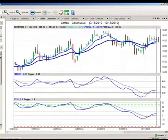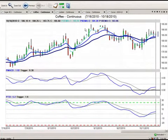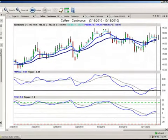Now our second position for tonight is going to be in the coffee contracts. Now under these softs, I like the coffee. There's a couple I like in these softs right now. I like coffee and I like cocoa. I like them both, but I'm leaning towards the coffee contracts here as the recommended buy, because we've got this